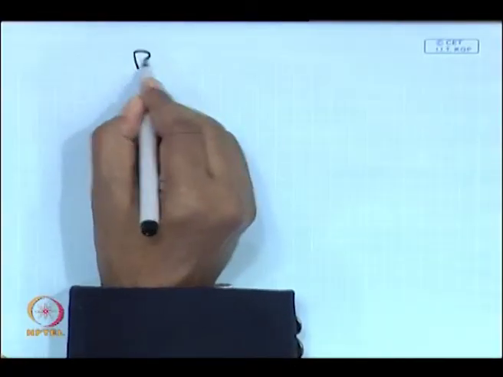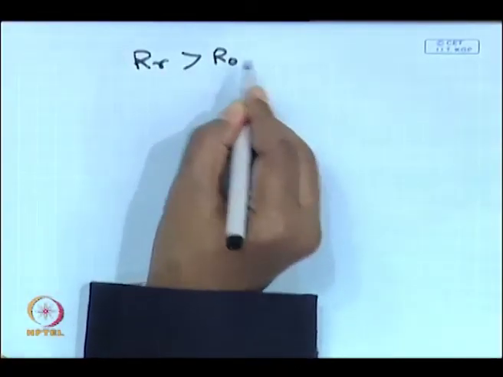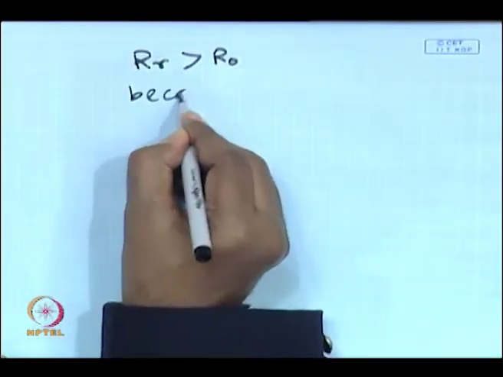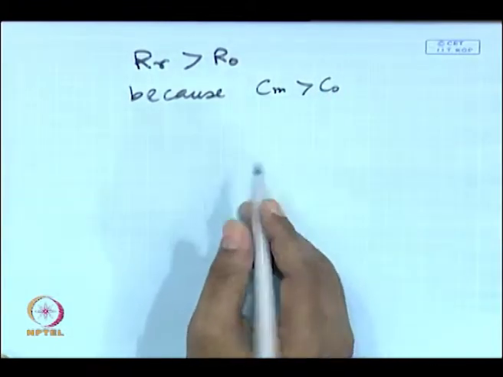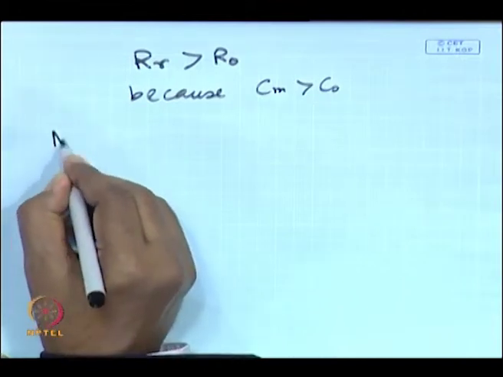But the easiest way to define the value of the solute upstream and downstream of the membrane is by defining a partition coefficient, and that partition coefficient is constant for a particular membrane solute system, and the simplest definition is real retention. Okay. So, real retention has great implication as far as the modeling or design of the system is concerned, and RR is always greater than the observed retention R naught, because Cm is greater than C naught. Okay. Now, the next definition that we come across is molecular weight cutoff.